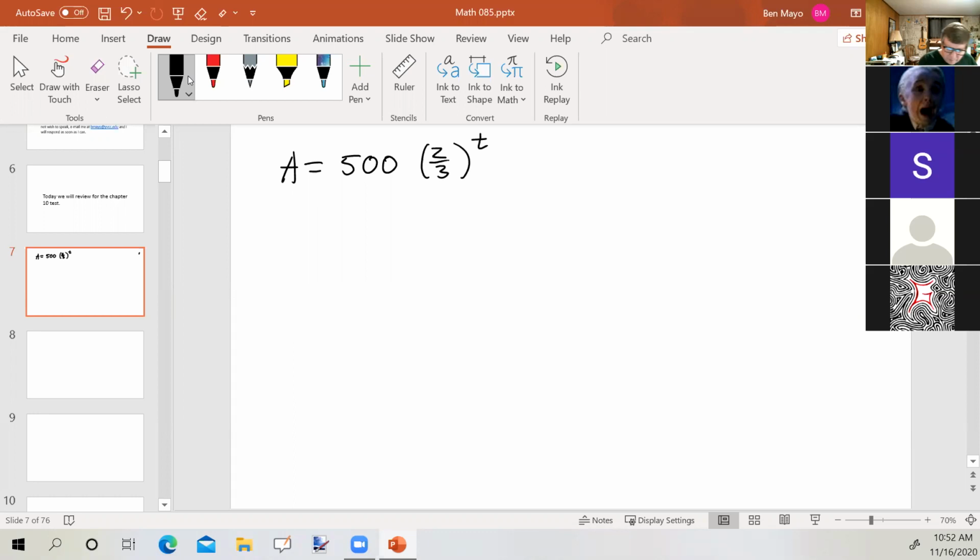Before I read all the details of the problem, let me ask you this. If t stands for time, at the beginning of the problem, when time is 0, how much of something is there? It says A equals 500 times 2/3 to the t power. So what is this thing going to look like? In fact, here, let's write it as a function. Let's say,